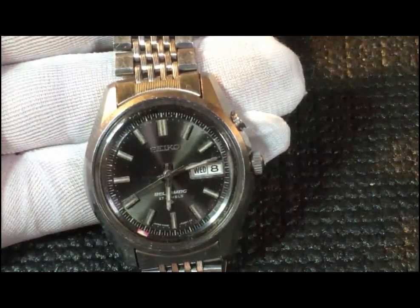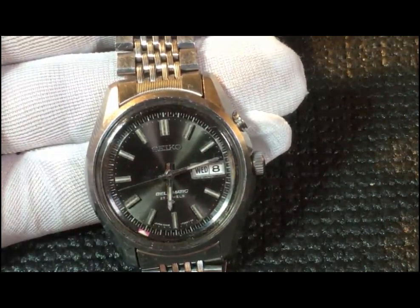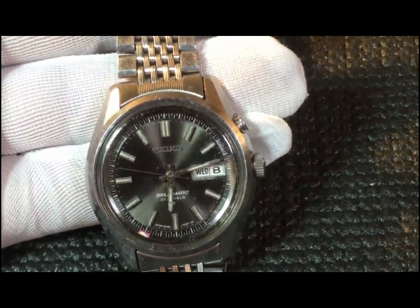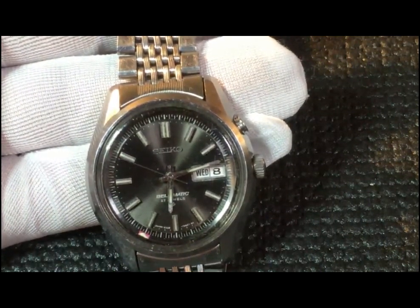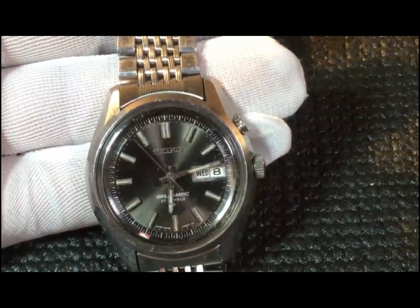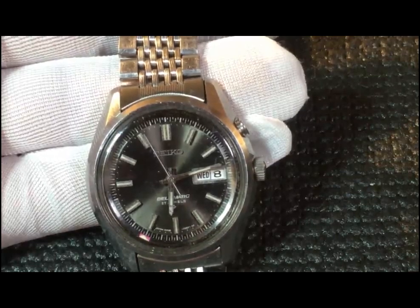You don't see many mechanical alarm watches anymore, and when you do, they're expensive. I'm thinking of watches like Eterna, which might be in the low thousands, and Jaeger-LeCoultre, which is in the high thousands, just to name a couple. So this watch